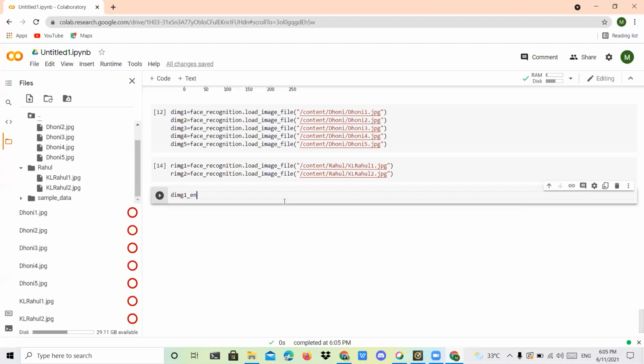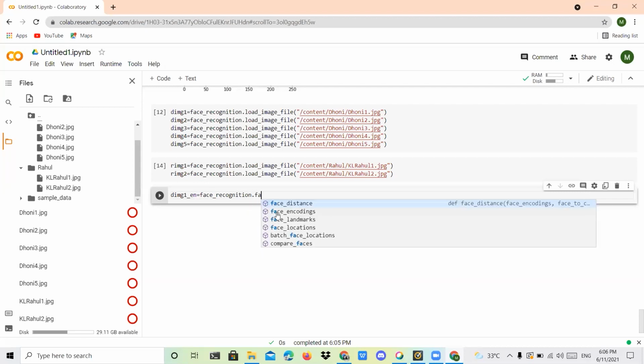This is your wish only, whatever name you want, you can give. First thing, you have to use face recognition, followed by the dot symbol, face encodings. Now here it's coming, so you can click this one.